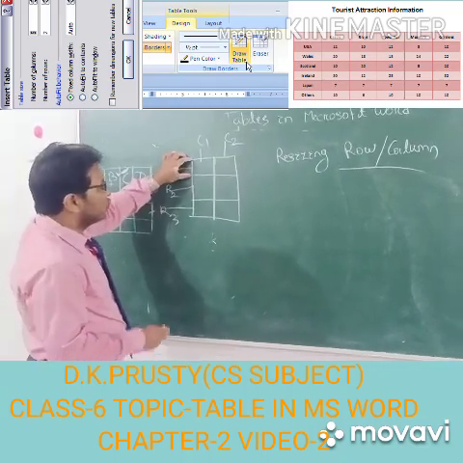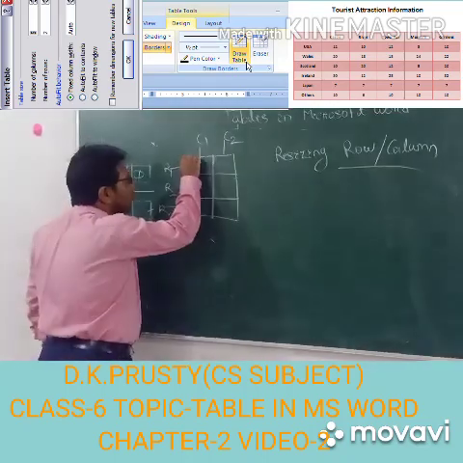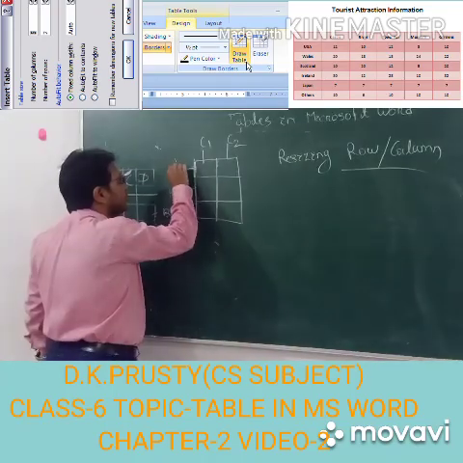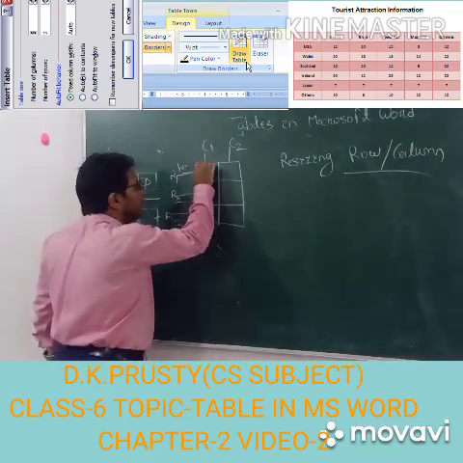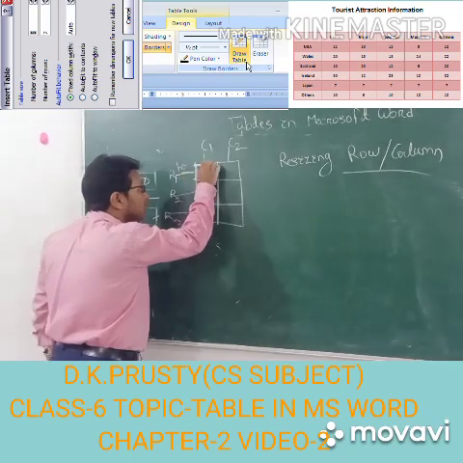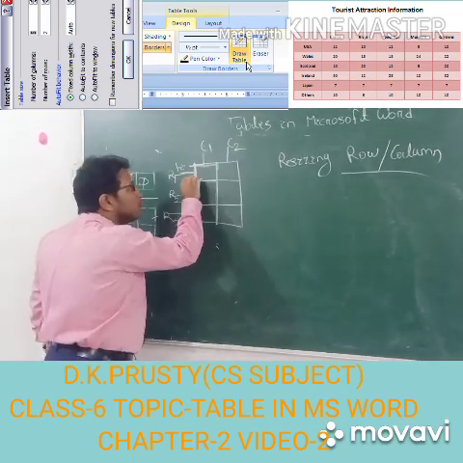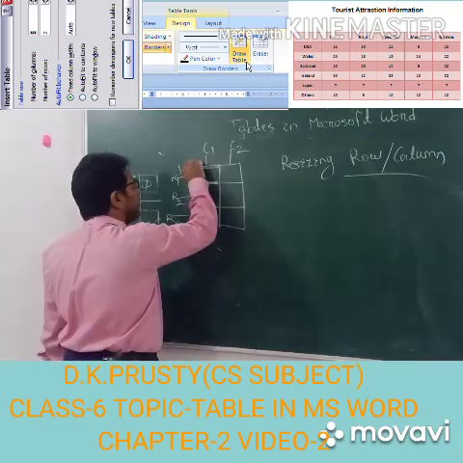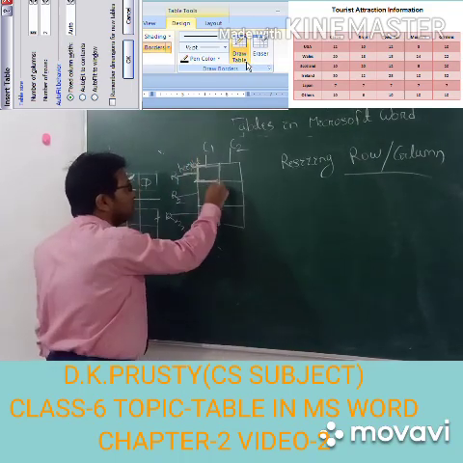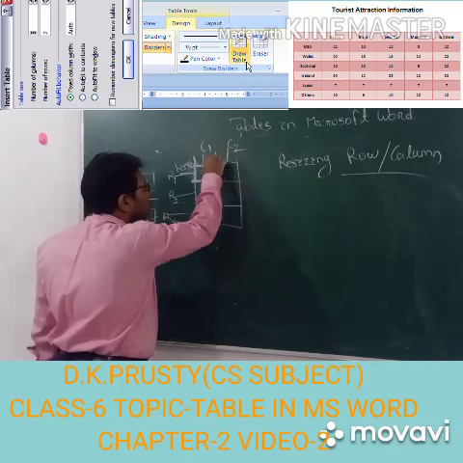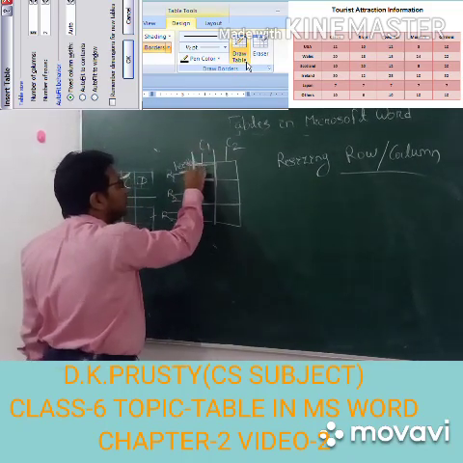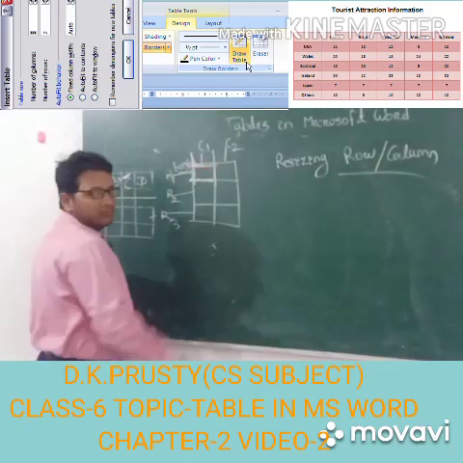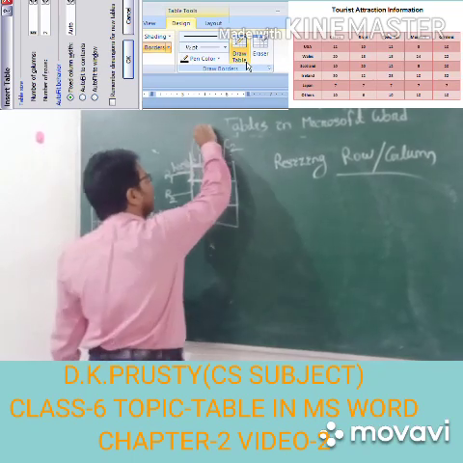So this is my row. That means this one is called height. From here to here, the distance between the two horizontal lines, that is your height. Yes or no? The distance between the two columns, that is called width.